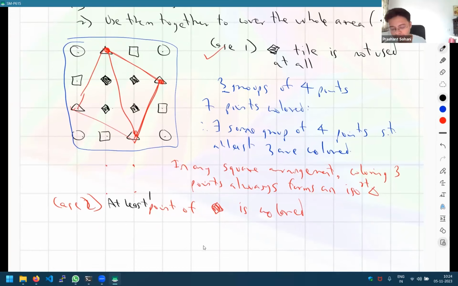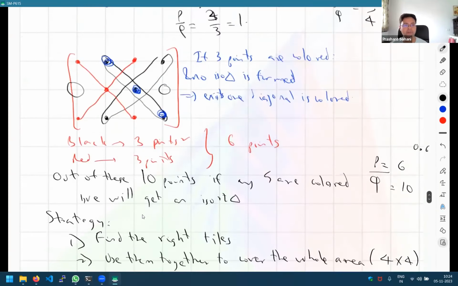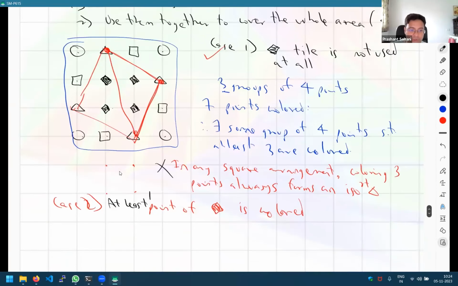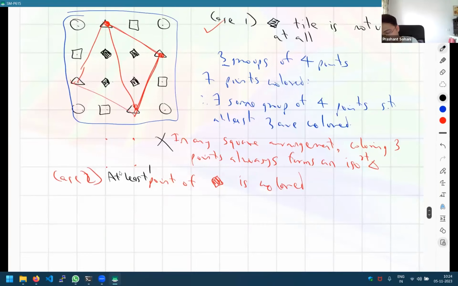Okay. So now what will happen if 1 point of the central region is colored, the outer region no longer has 7 points. It may have only 6 points which are colored. So we cannot use this argument anymore. Okay. So we have to change the tiling. We cannot use the same tiling. We have to use a different tiling. But again, your inspiration has to be what we did before. So, like this kind of cross pattern that we observed earlier, that has to be used in some way over here. So, let us say without loss of generality,